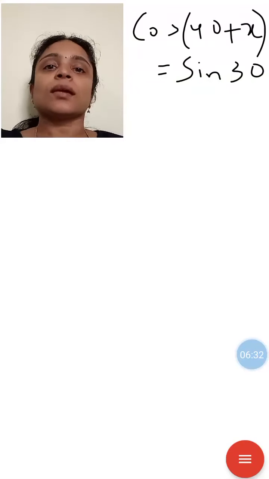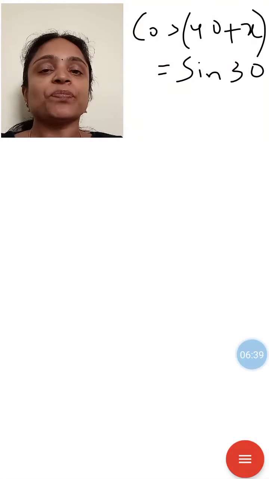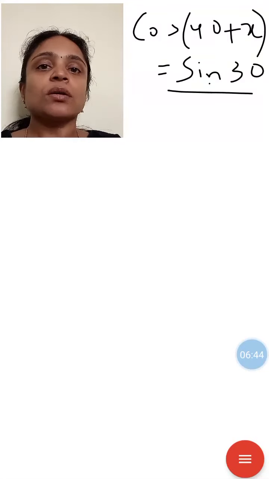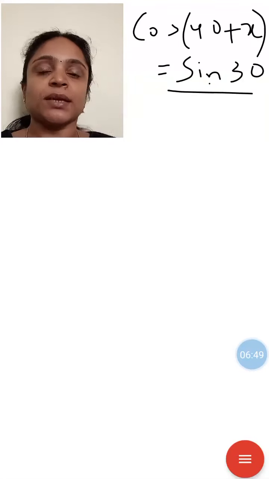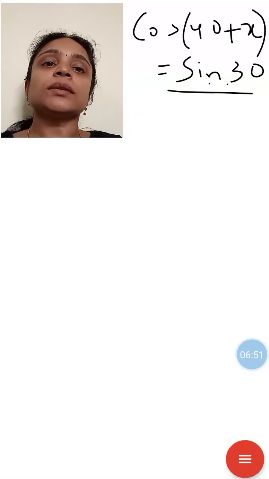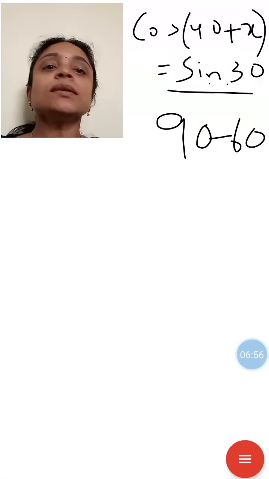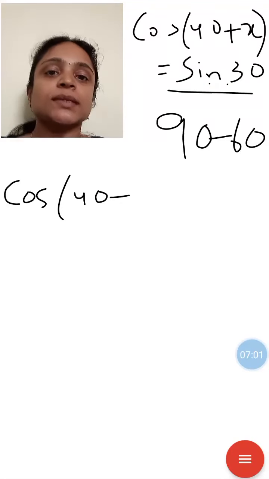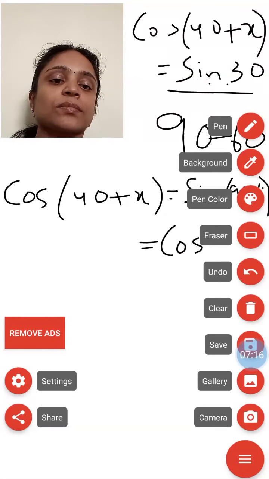Question is, if cos 40 plus x equal to sin 30, find the value of x. Now, we can write this sin in terms of cos, right? And for that, we have to convert it into 90 minus some angle. Here, 30 can be written as 90 minus 60, right? So, we can write this as cos 40 plus x equal to sin 90 minus 60, which is equal to